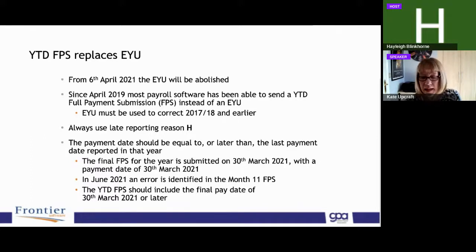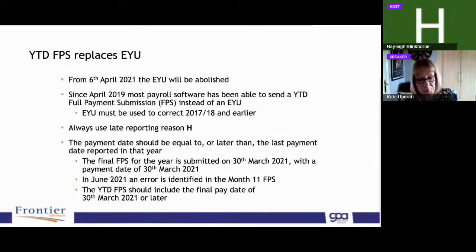Because HMRC had no understanding that payroll professionals might need to correct a prior year. Their belief was that payroll is always perfect when it's submitted. They soon began to realise that that was not the case, because we pay human beings who do unpredictable things. So they introduced this very unfortunate file called the Early Year Update, which has never worked particularly consistently, so it's gone from the start of this tax year, and there's just the ability to send a new year end for